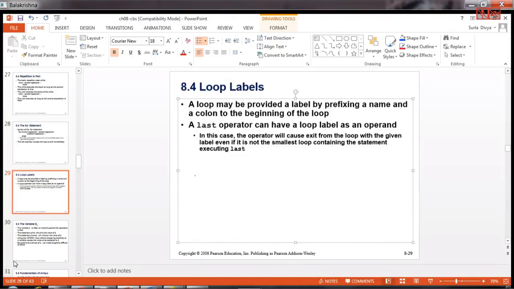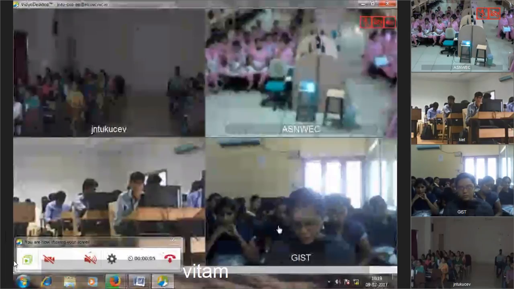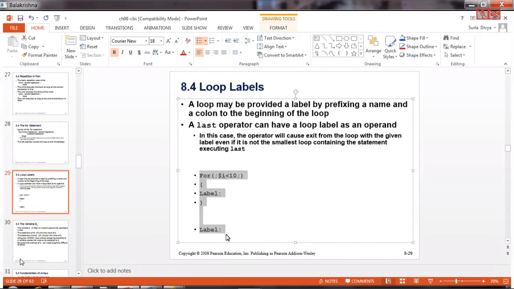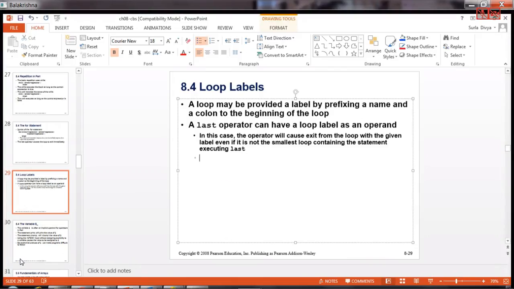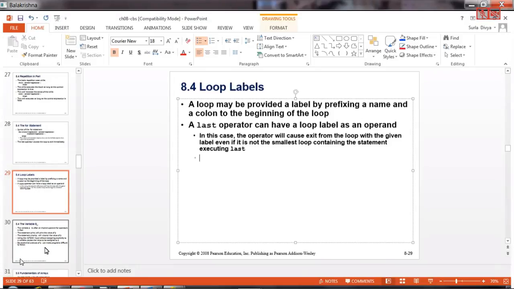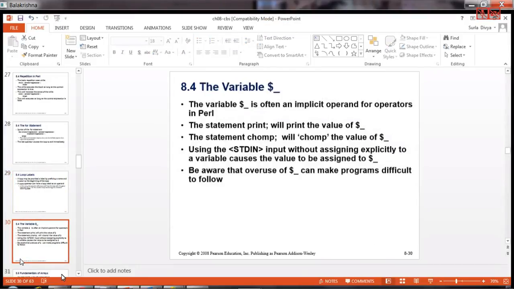For example, I showed you the for loop, right? Whatever the expressions you had here, then you can have a label actually. We can have a label like this before the code here. So that's what that means. There are very special cases which generally we don't use, but we can. I will see if I have an example to show.